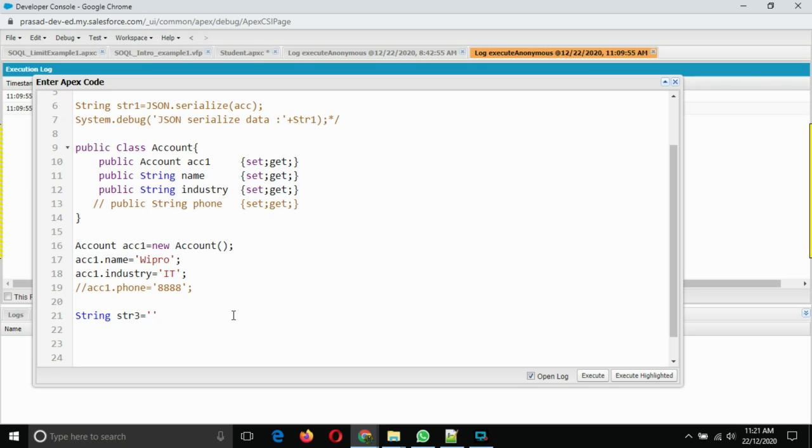So the JSON string has, in double quotes, name colon, in double quotes, value is equal to Wipro, and comma, then industry